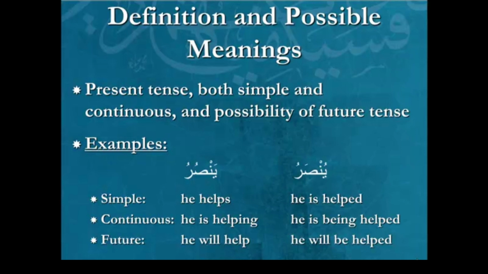The rest of the presentation will speak about the method of construction. Okay, so fundamentally what makes this verb different from the past tense, the perfect one, is that this one has a letter at the front along with the ending. Conjugation number 1 doesn't have an ending because that's the default one. So when you see that there's no ending at the end, then it means he. The dual will have a particular ending. The masculine plural will have a different ending. So by that you'll be able to distinguish between the conjugations.